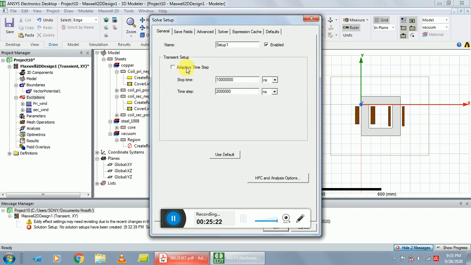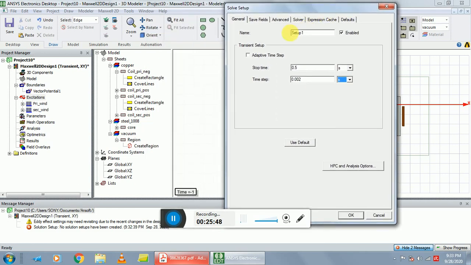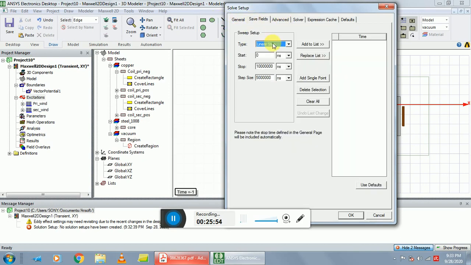Here, for stop time, put the stop time as 0.5 second, and the time step is 0.002 second, and go to save field. Here sweep setup, here the type is linear step and start with 0 second, and stop time again